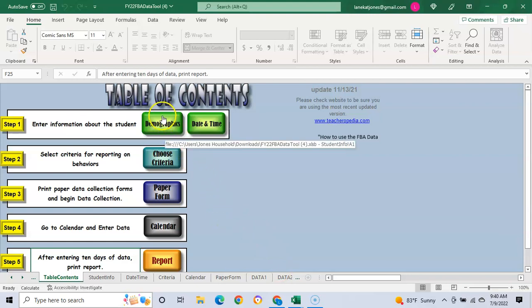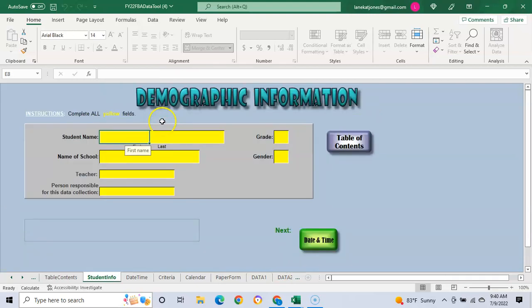First, you're going to do step 1. You're going to click on the green box for demographics. In this box, you're going to type in the first and last name of your student. I'm going to just use my name, their grade, the school name, gender,